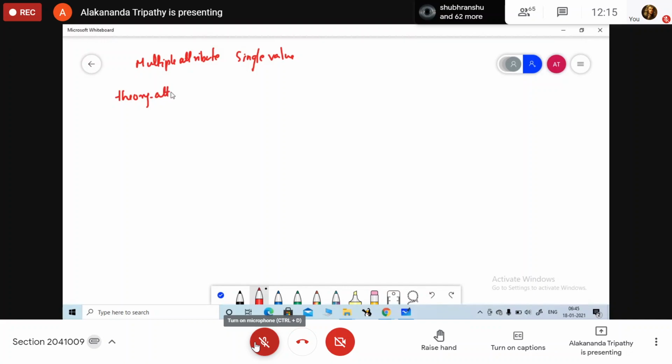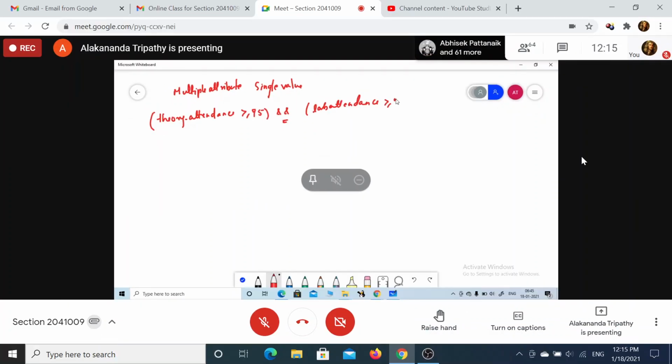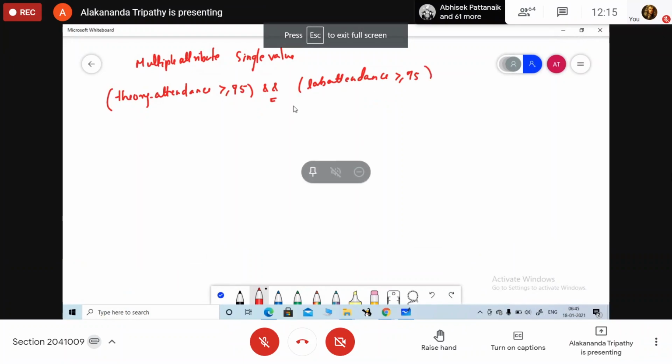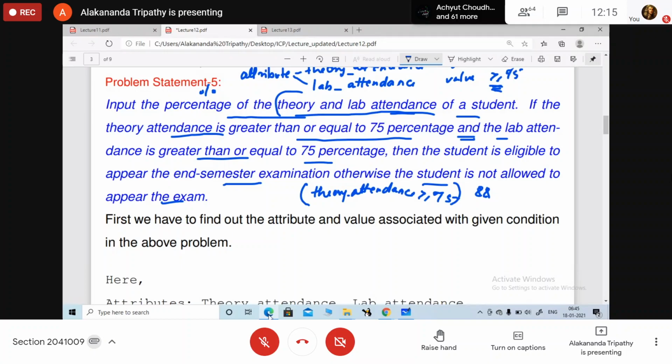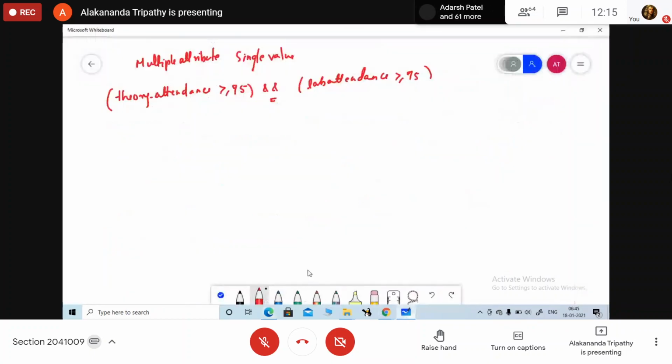Theory attendance greater than or equal to 75, and lab attendance greater than or equal to 75. If both conditions are true, then what value are we going to print? The student will be able to appear in the end semester examination, otherwise not.